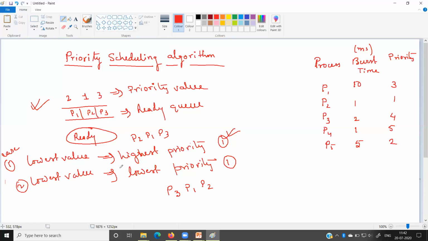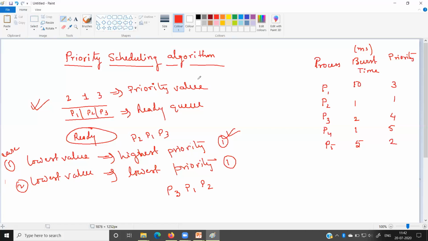Fine. So this is the basic concept of the priority scheduling algorithm. If a set of processes is stored inside the ready queue, then which process will be selected first from the ready queue for the execution? That means which process will be assigned to the running state first? That process whose priority is high, I mean priority value is low and the priority is high. Rather, I should say that the process which has the highest priority will be selected from the ready queue and assigned to the CPU first.